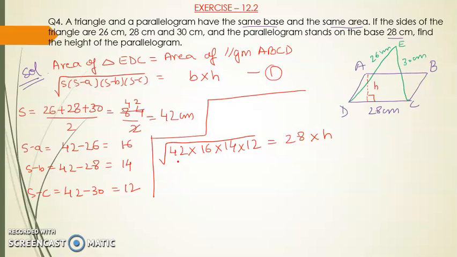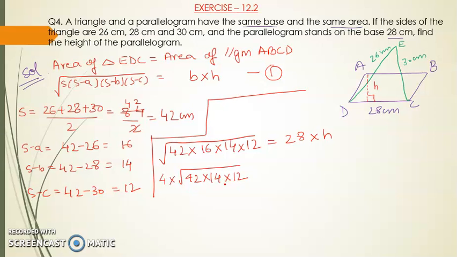Now see very carefully. In these numbers, can you see any perfect square? Yes, 16 is a perfect square. So if you take the square root of 16, you will get 4. So leave 4 as it is, right? So I have taken the square root. Understand this carefully, students, so that you will save your time in your exams, in your calculation, and this is important for your competitive exams. So learn this mathematical concept just now. So you are left with what? You are left with square root of 42 into 14 into 12, right?